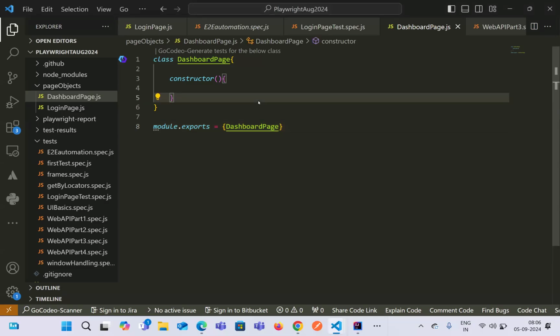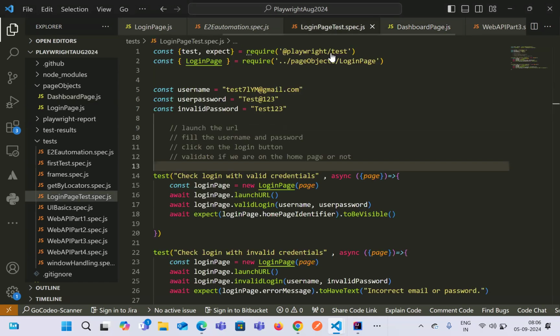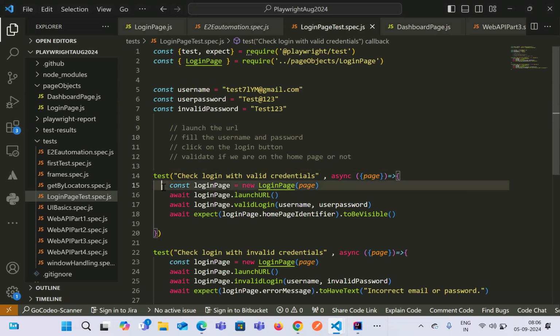So let's see what we can make better in terms of the framework. Because whenever we go for a framework, we say that redundancy will not be there. We basically have to write once and we can utilize it at multiple places. Right. So here, if you see in this particular test case, these two lines are repeating in each and